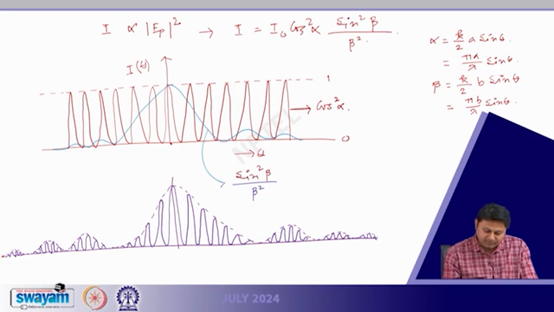So, this will be the final form of intensity over this theta,